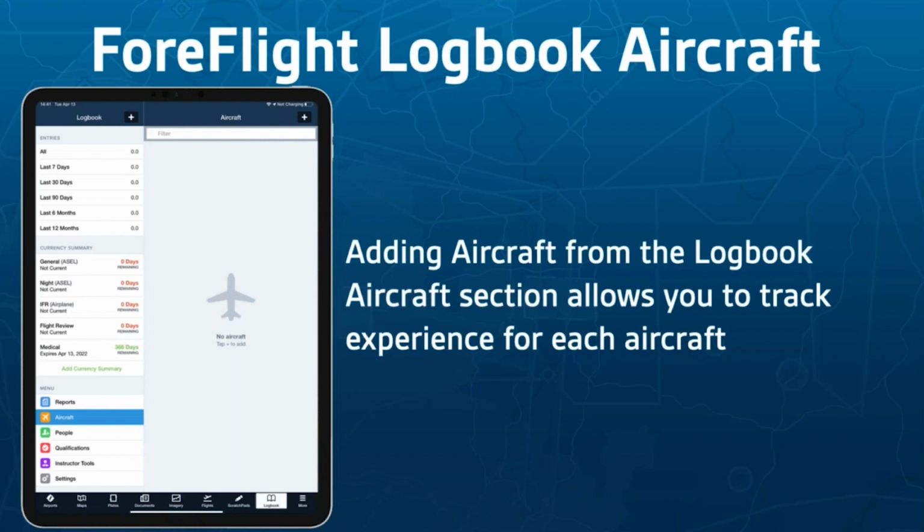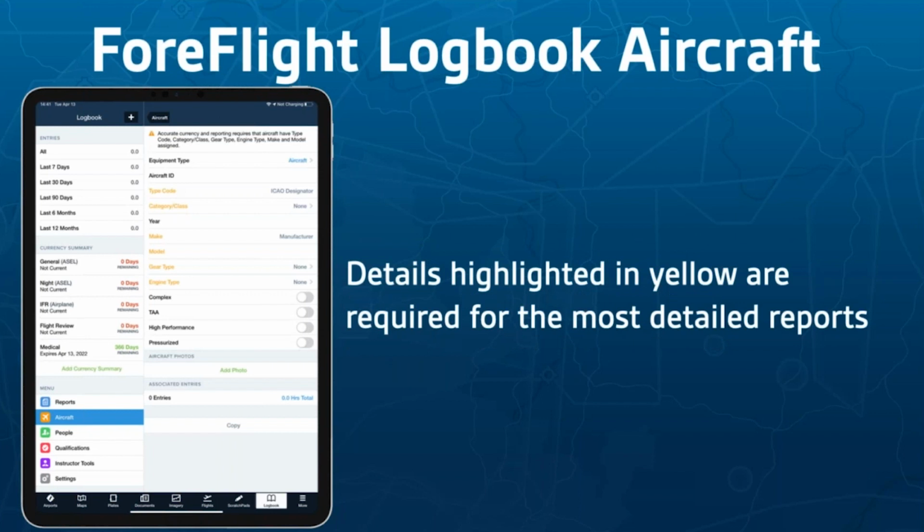So we're going to go ahead and carry some totals forward from my logbook into a brand new one here. The first thing I'm going to do is add an aircraft. Again, inside of Logbook, along the left-hand side where we added qualifications, I'm going to go up to the aircraft section. This is going to allow me to go through and add details for each tail number I want